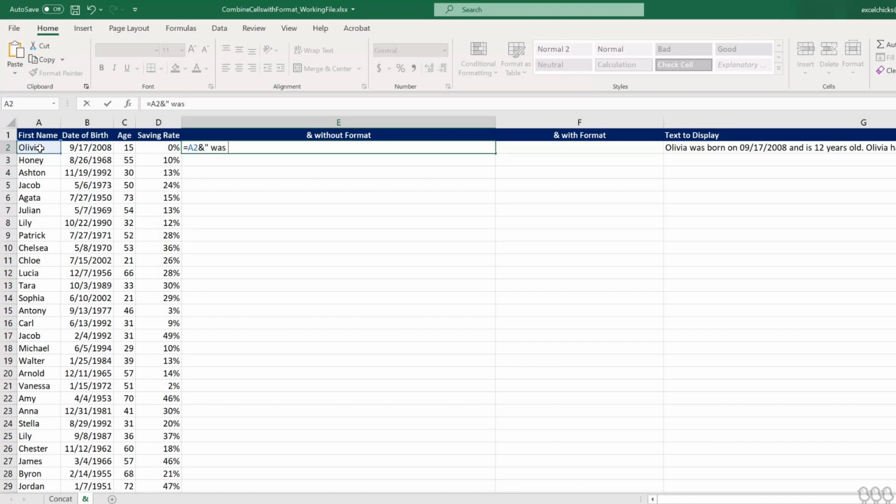And I'm going to say was born on space and B2 and quotation and is space, and then we're going to enter that and again, select 15, and again for our next section, years old, period, space, quotation, use our and symbol, and we're going to select the name again, and space has a savings rate of space, quotation, and symbol, D2.